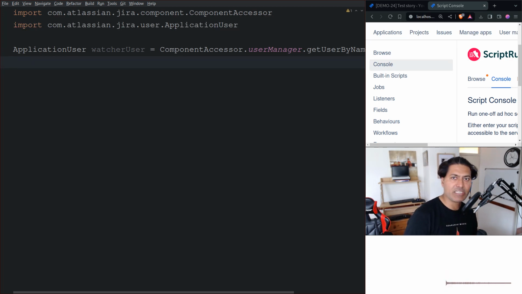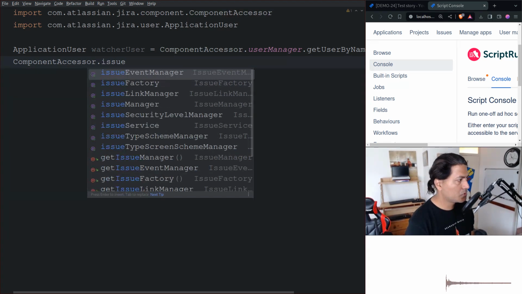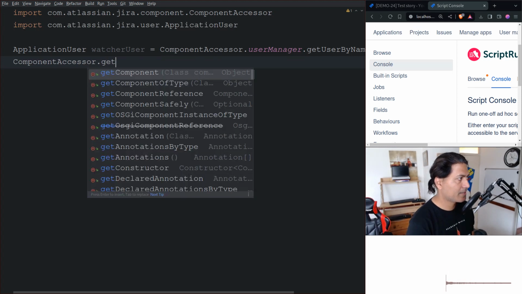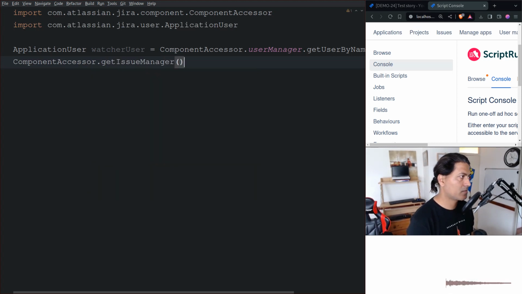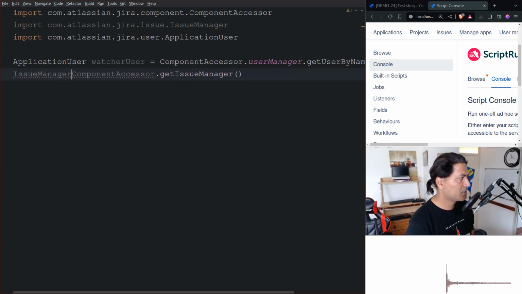Now we also need to fetch the issue, right? So for that, of course, we need the issue manager, I believe. So let us do componentAccessor.issueManager, right? And let us do getIssueManager, so it looks nice. All right, so getIssueManager, and this will of course give you an issue manager; we can use a variable called im or whatever, issueManager,